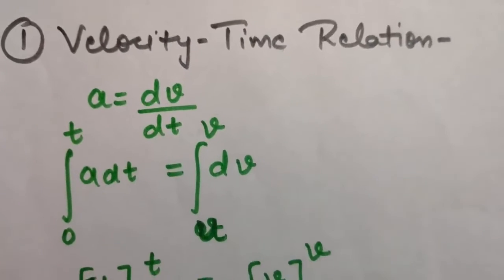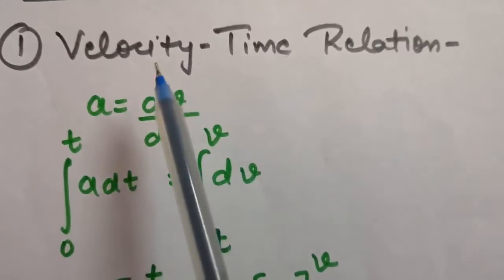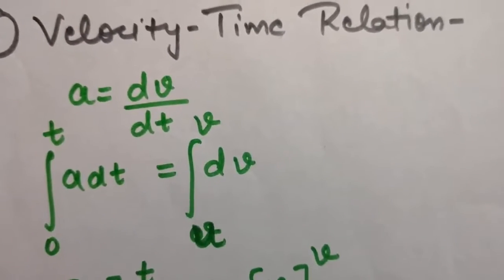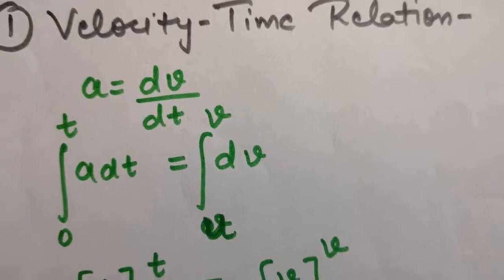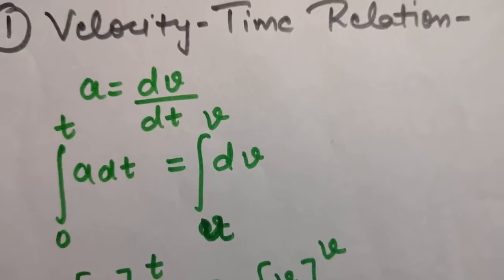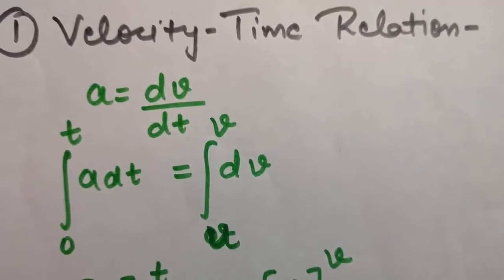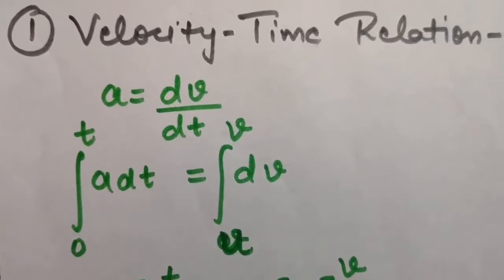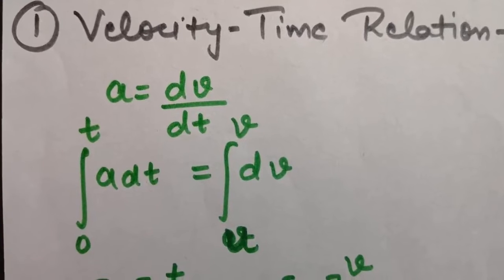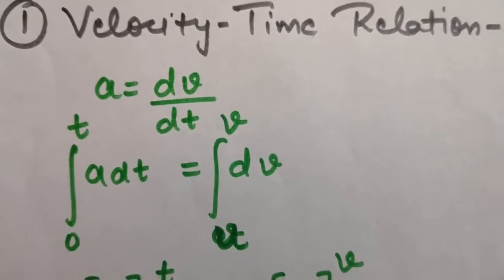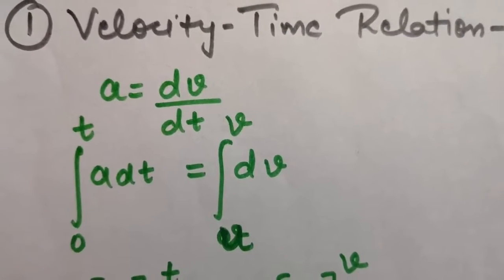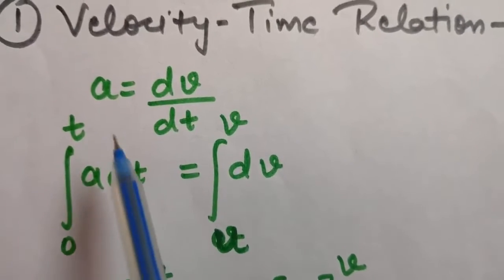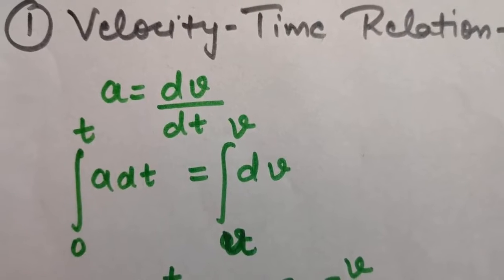Okay, so let us start with the first equation of kinematics, which is called the velocity-time relation. Students, we will be using the formulas of differentiation and integration in these equations, which I told you in the last lecture. Before starting the derivation, let me tell you all these equations of kinematics are valid only when acceleration is constant. That is, you can say all these are valid for uniformly accelerated motion. So the value of acceleration, that is a, is always constant for these equations.